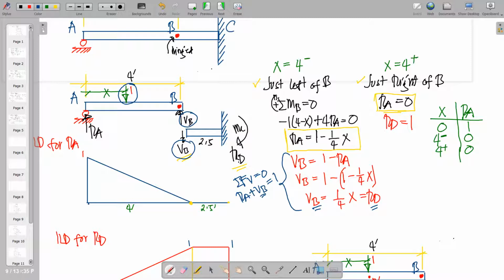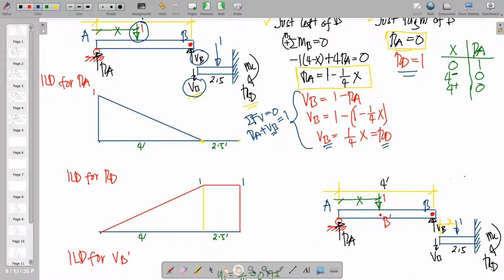So only 1 will be left. Okay? So the 1 here will be applied. Therefore, VB here will be equal to 0 once this 1 transfers to this. Therefore, RD will always be equal to 1 when your unit load 1 is on the boundary of B to C. That is why we can see here the ILD for the reaction at D,